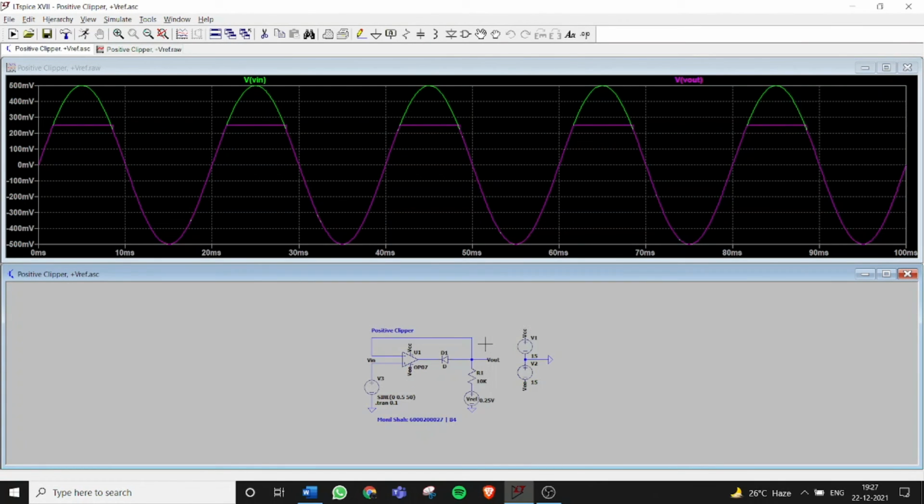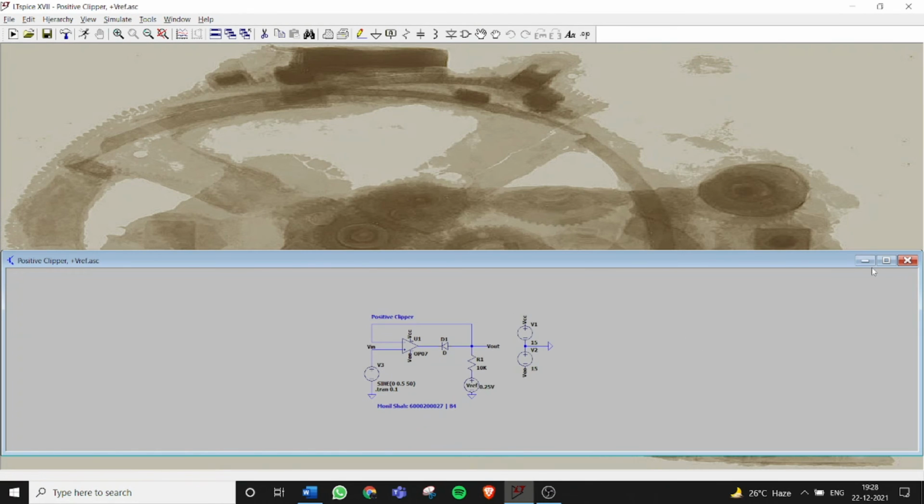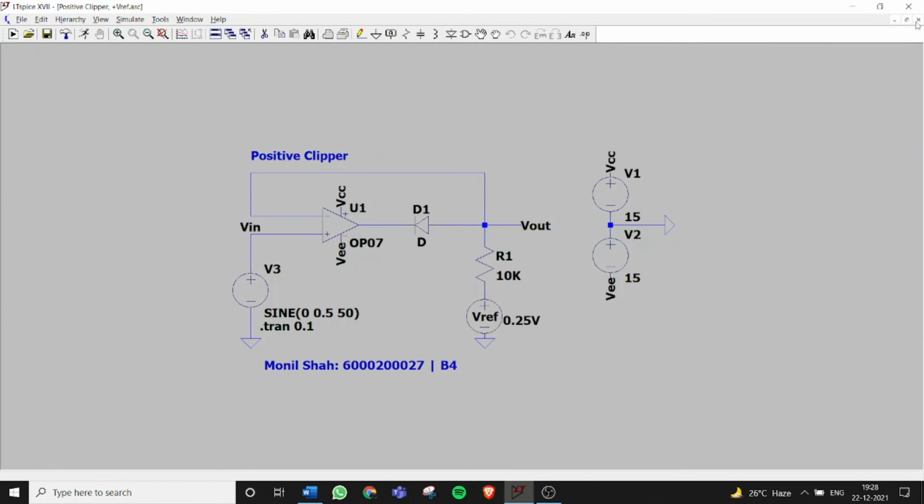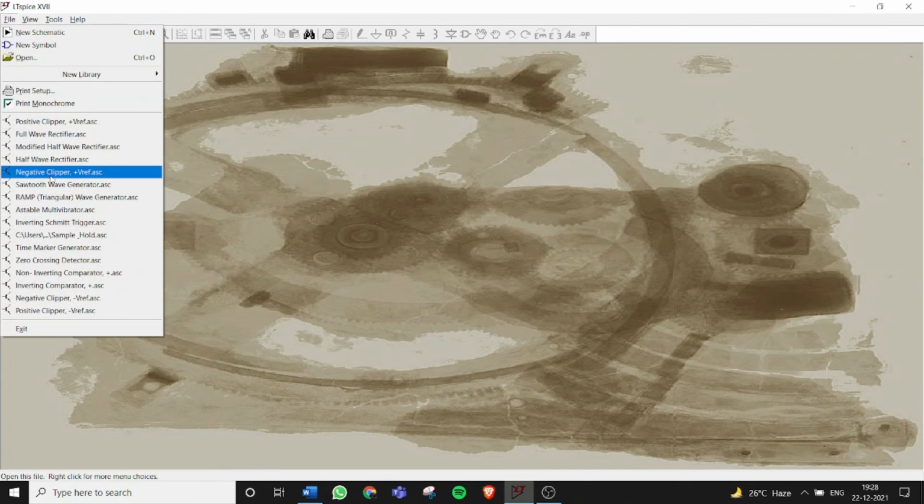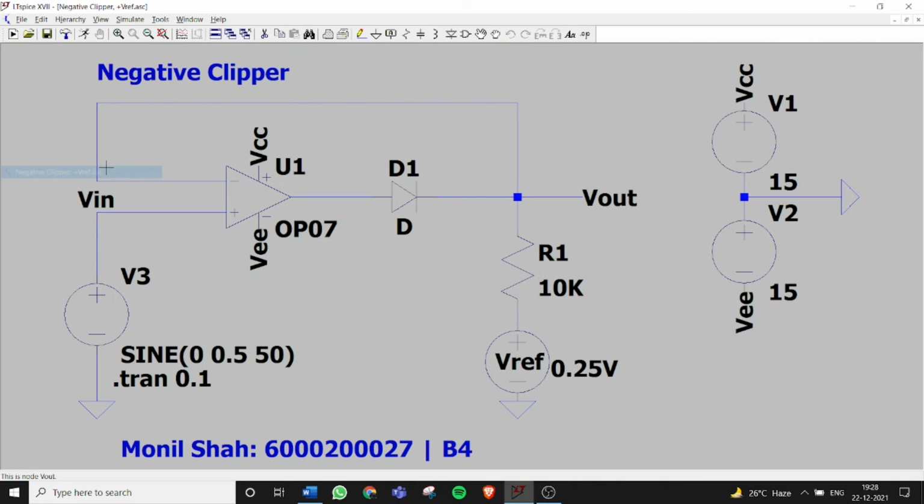So as you can see, anything above Vref is clipped off. For a negative Vref, the output will be inverted. So moving on to the negative clipper,